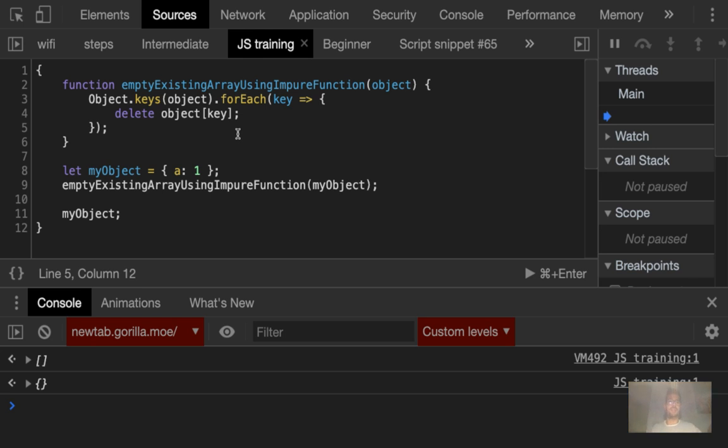Boom. Clear. Right? So what we do here is give me the list of keys of the object, and then for each key, delete the key. So we're deleting individual keys of the object, right? That's the correct way to do it. Of course, if you do